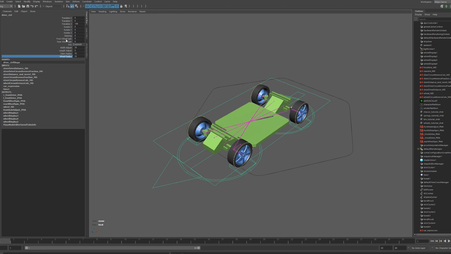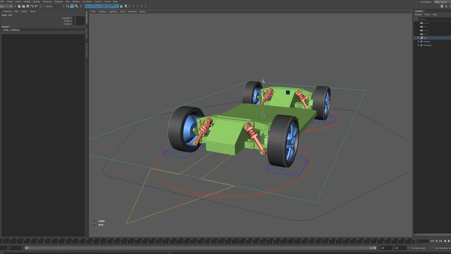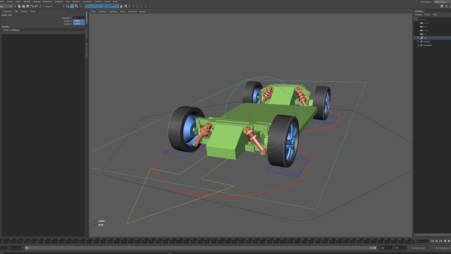So let's go ahead and move on to part 3. In the next video, we're going to link up the suspension and have the springs and the arms react to the motion of our body control, and also how we can adjust the rig to